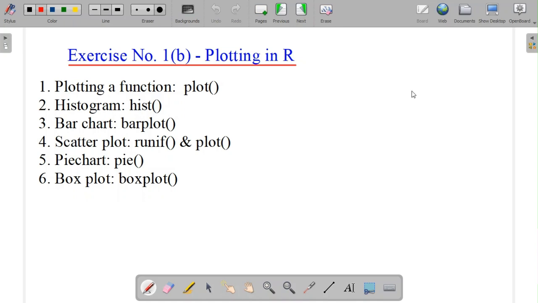Yes, in this video lesson, we'll understand how to use our programming software to plot data using the various functions available. The functions that we'll use here are the plot function for plotting any linear or quadratic expression involving the variable x, the hist function to get the histogram of the data, the bar plot function to plot the